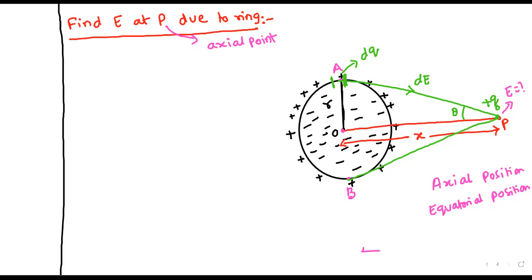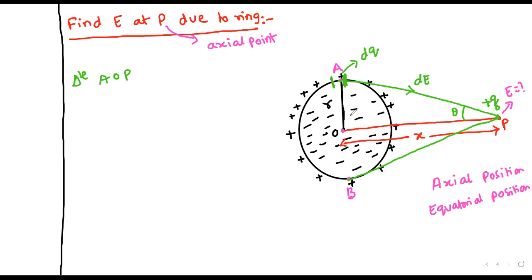Now, initially, why we need to consider A only, I will tell. Firstly, let us consider an infinitesimally small element at A. In this small element, I have a charge dq. So here we have a small charge acting at point P. That means, from the triangle AOP, you can see...